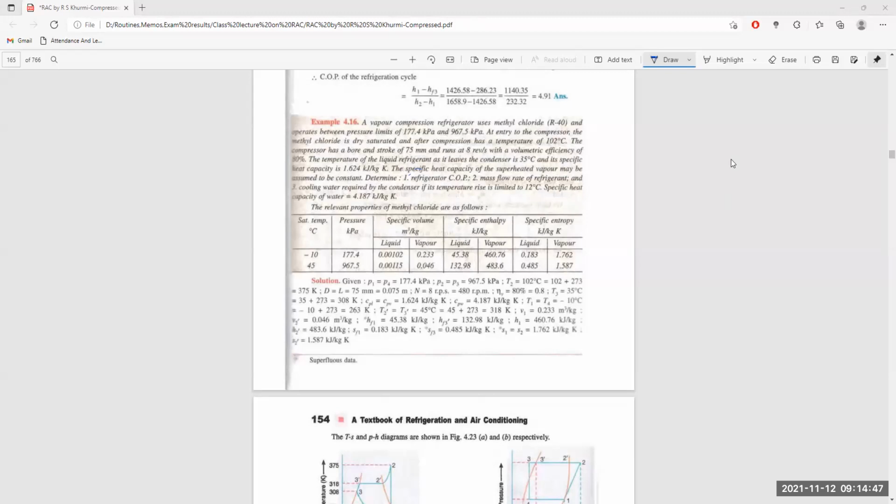Let us continue our discussion of our problems on vapor compression refrigeration system. So, let us go through another new problem, which is given here as a vapor compression refrigeration system